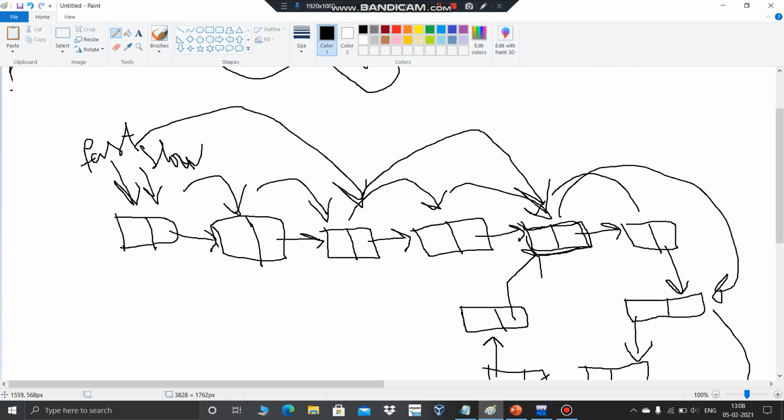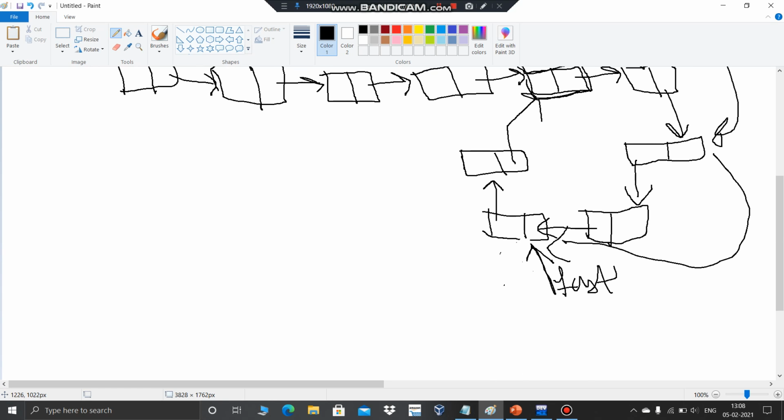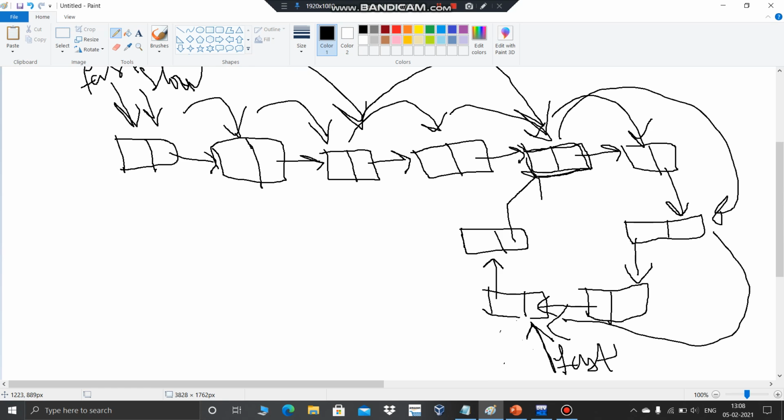So let's say now slow pointer moves another step ahead, then fast pointer moves 2 steps ahead, right? That's how we design it. So it moves here, then slow pointer moves here, then fast pointer also moves here. So then slow and fast pointer meet, because there is a cycle, so the one which is going faster has to come back and meet the slow pointer at some point of time.